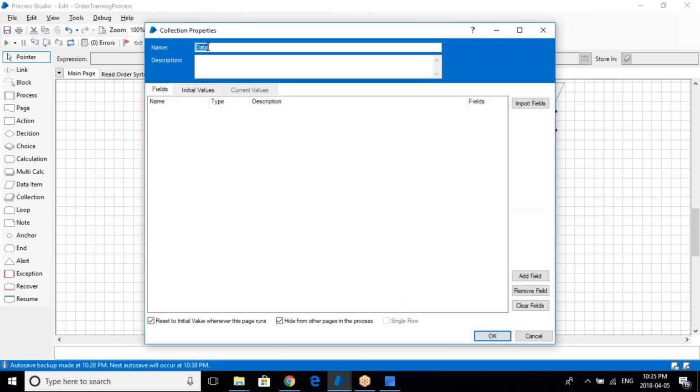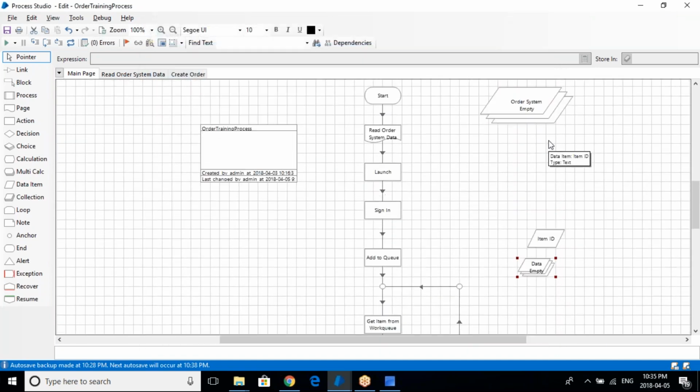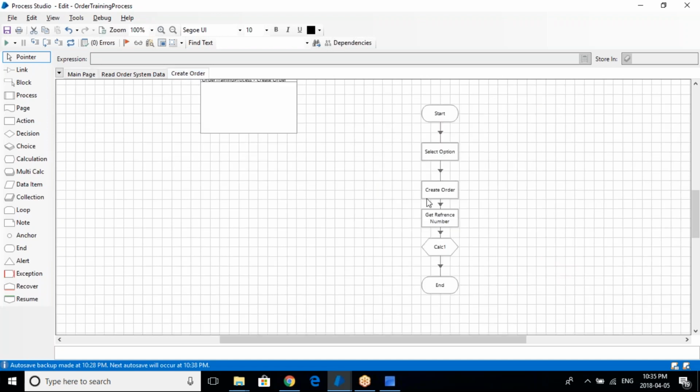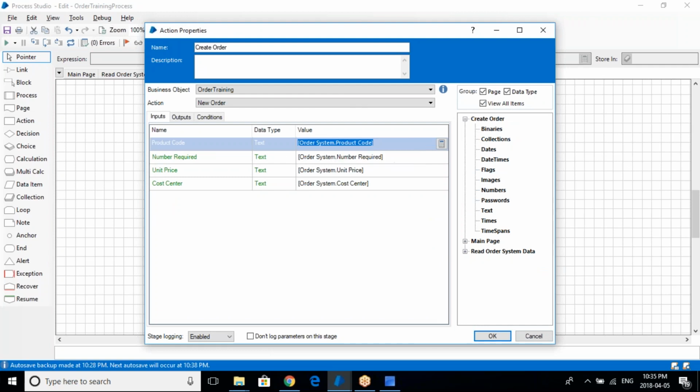So now instead of using the other collection called order system, we are going to get data from the data collection. So in create order, whatever value that you are having here as order system, you can just replace it by